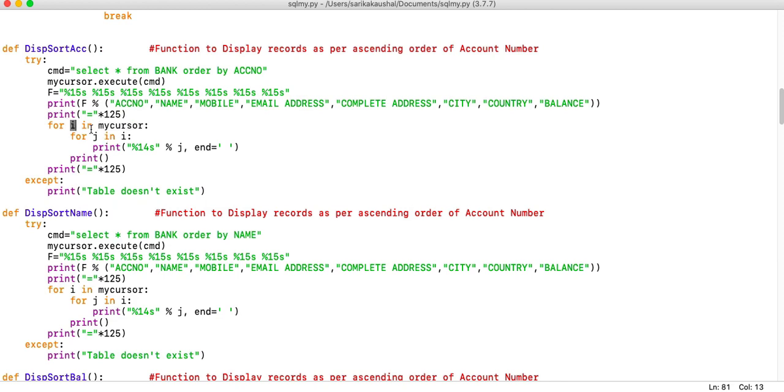One by one the data is taken in the form of a tuple, not in the form of a list. So you have a tuple, and from the tuple one by one you take the information and store it at the appropriate position. Similarly, when you would like to sort with respect to the name, you issue the SQL command with respect to that only. Order by account number will access the information in ascending order of account number. Order by name will do it in ascending order of the names of the customers. You can see there is no difference between this and this except the order by command.